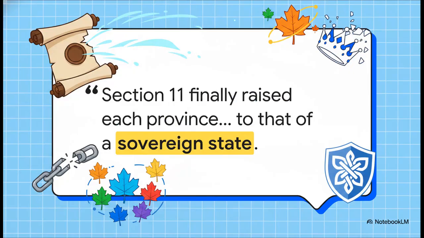Specifically, the theory claims that Section 11 of the statute explicitly cut the connection between the Dominion and Great Britain. And since there's no legal middle ground between a colony and a sovereign state, the argument says this immediately ended the Dominion of Canada. And, totally unexpectedly, it elevated each individual province, like Ontario, Quebec, Nova Scotia, straight up to the status of an independent sovereign state, meaning the land naturally reverted to the people of each province.